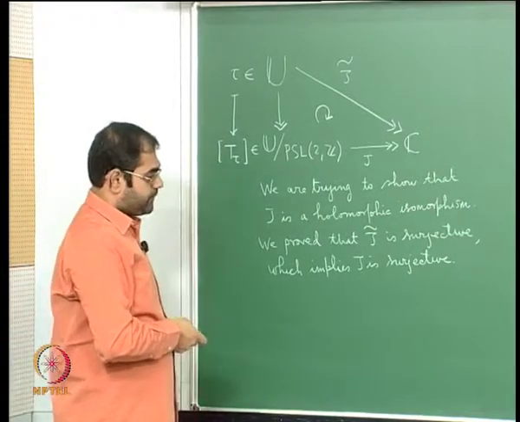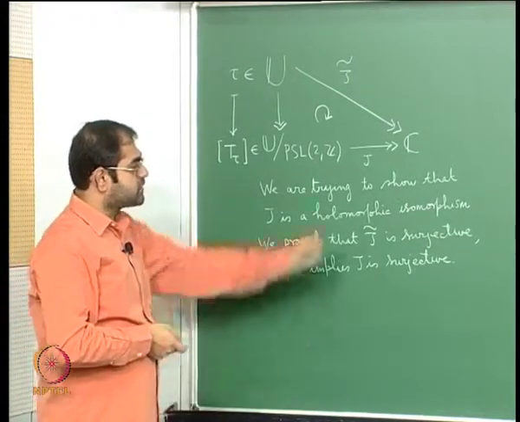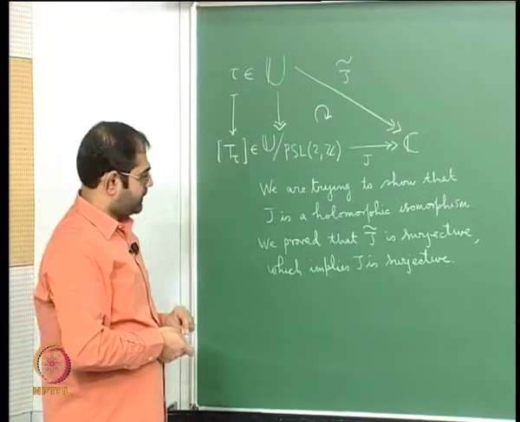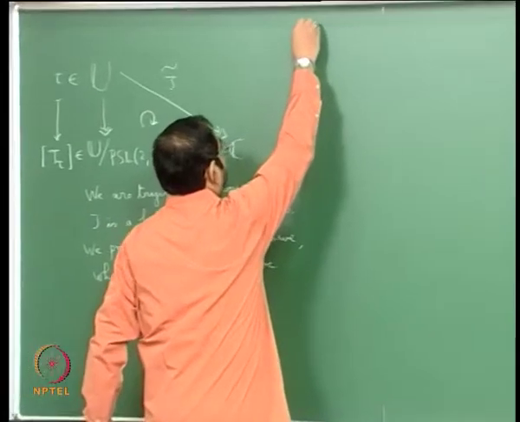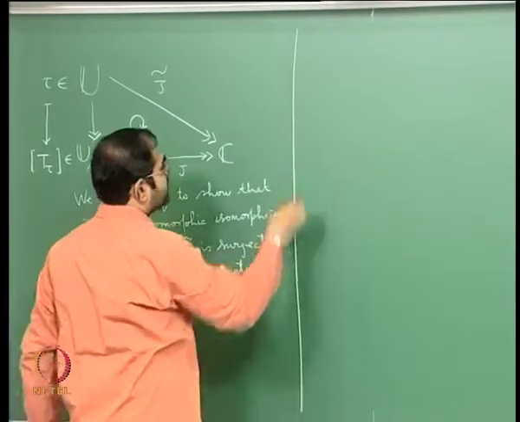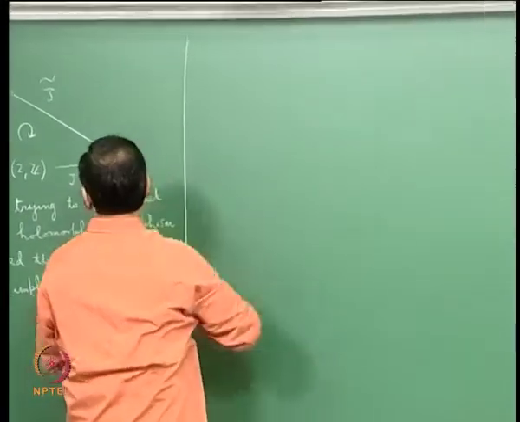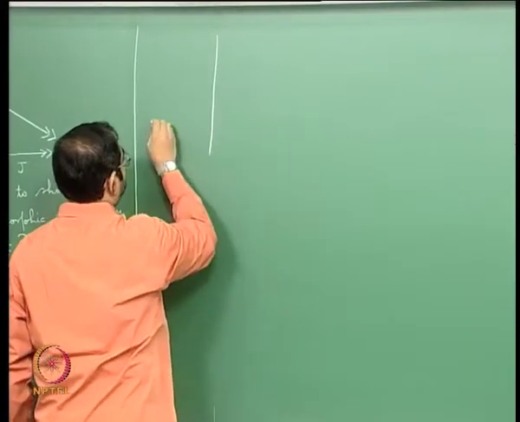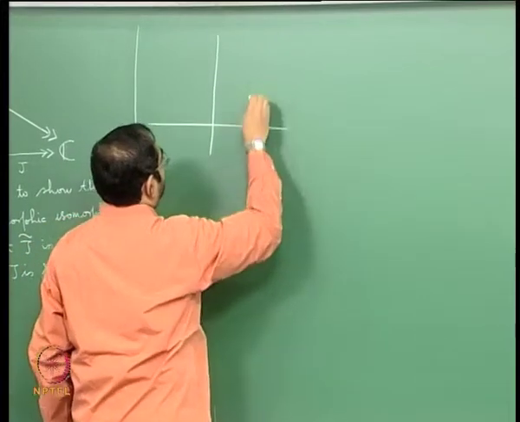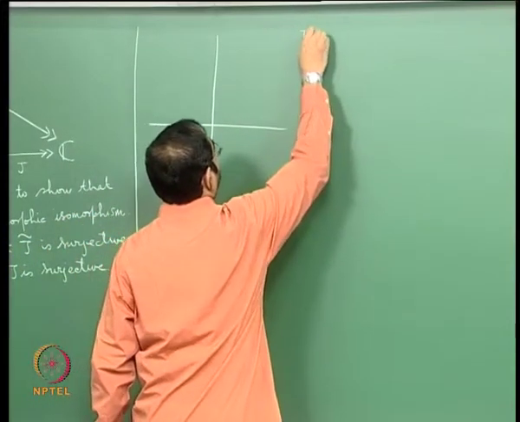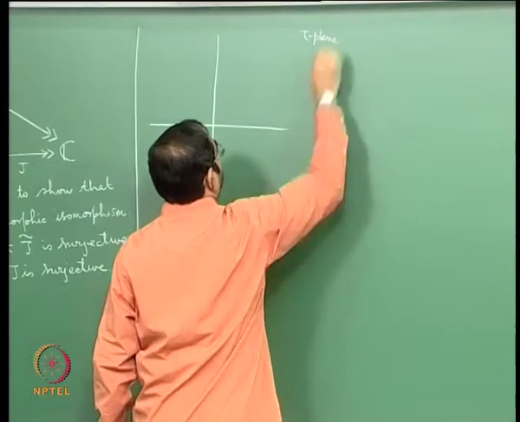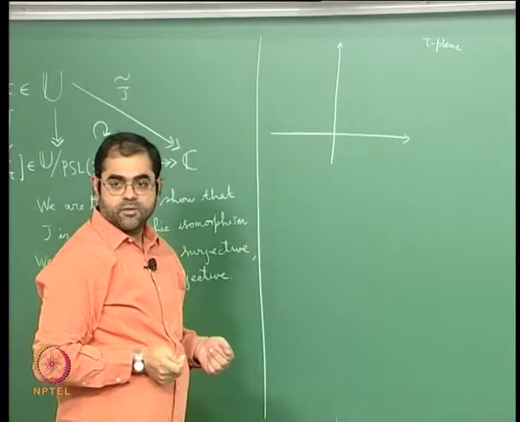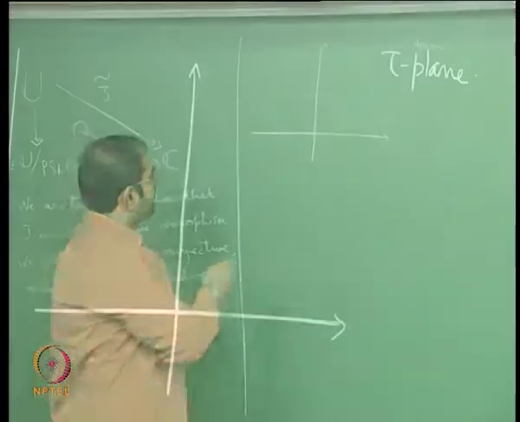Now the next thing that one has to do is to show that J is injective, okay. So for this I stated the following thing last time, so let me expand on it. So you see, there is this region in the upper half plane, so this is the tau plane, the complex numbers, the z plane, being thought of as a tau plane, and well,